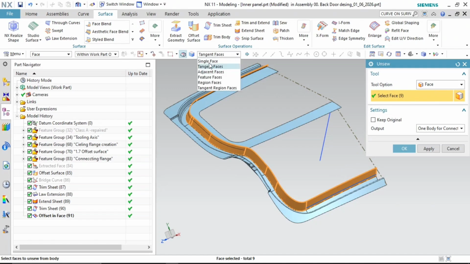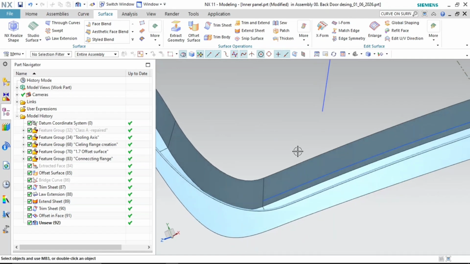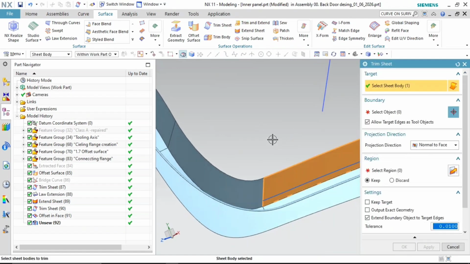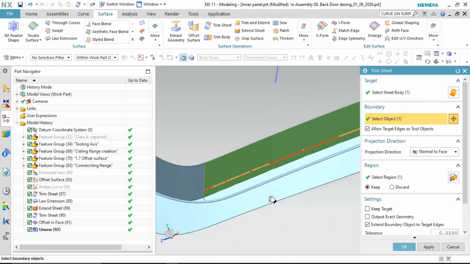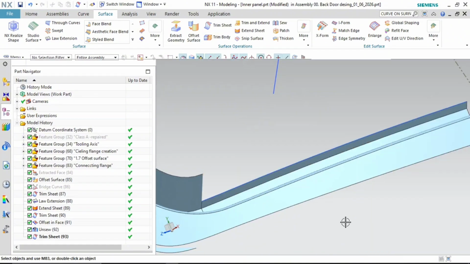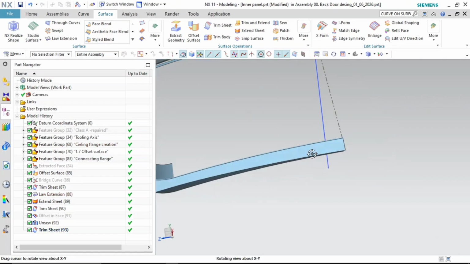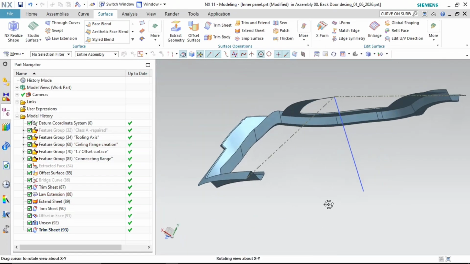Okay, let's make it a single face only. I want to select this, click on apply. Now trim sheet, now it is working, right? So I want to keep that region, I want to discard that orange region, click on OK. So that's it guys, so hide it, and then use the